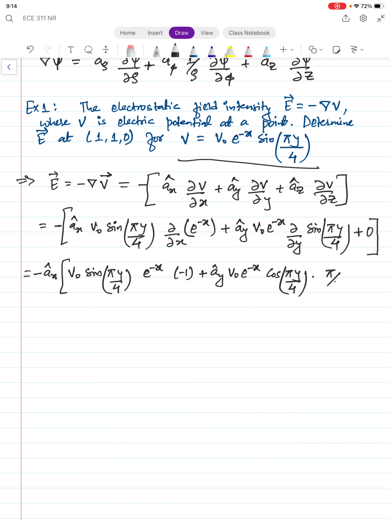Okay, and we'll have pi by 4. Okay, that means that, I guess I made a mistake over here. Okay, this should be correct. And therefore we have